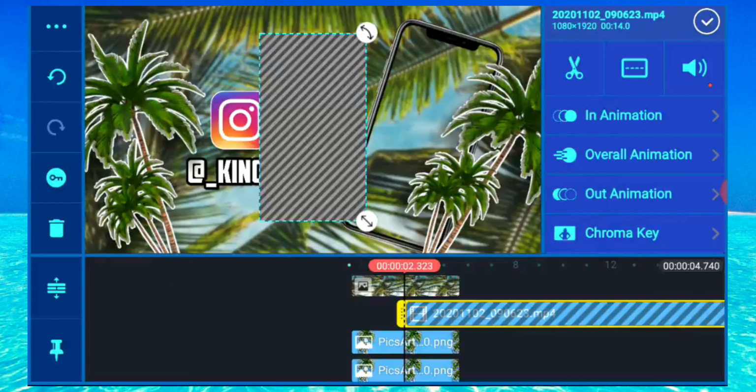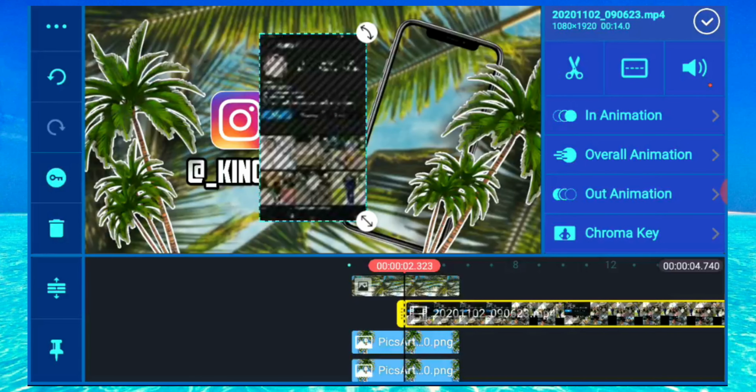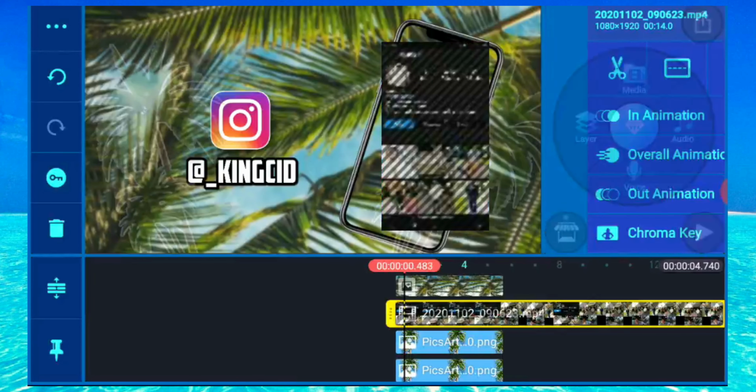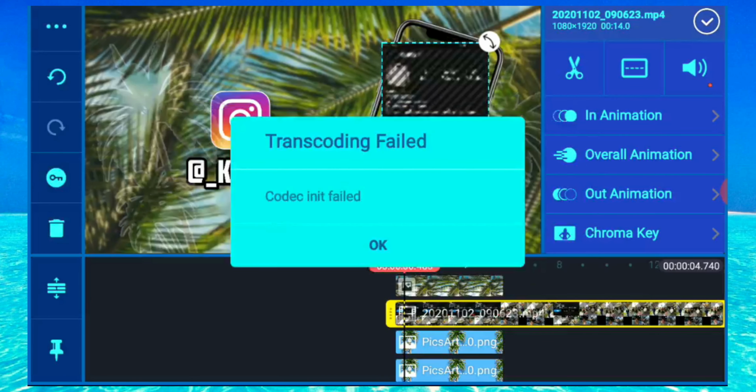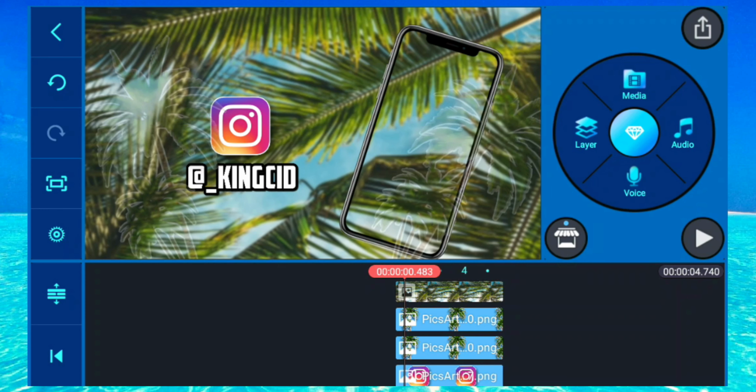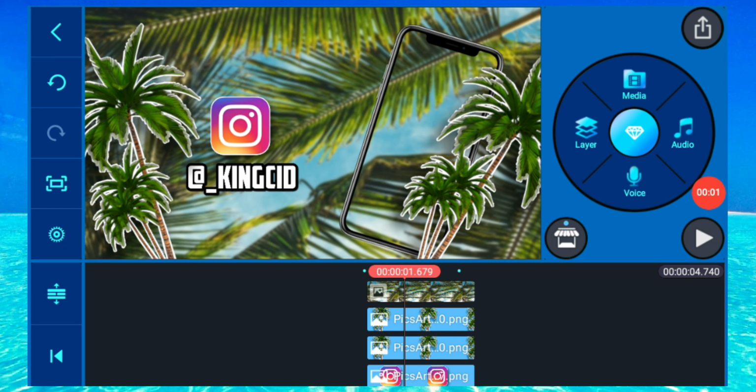So you're basically going to screen record your Instagram, and then you're going to do all that. So it basically says this. So what I'm going to do is screenshot his Instagram and all that. So basically, once you have the screen recording, you're going to place it within the iPhone overlay,